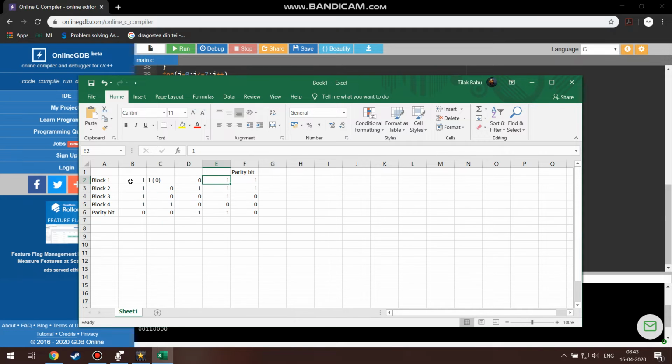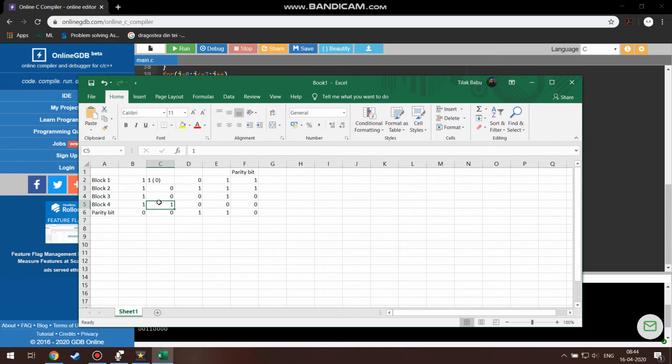So the parity bit should be 0, but instead of 0, there's a 1 here. So this will be taken as an error and it will be reported. Similarly for the column parity, the number of ones is 1. This is taken as a 0, so there's only one 1, meaning this parity bit should be 1, but it shows 0, so it will be counted as another error there.